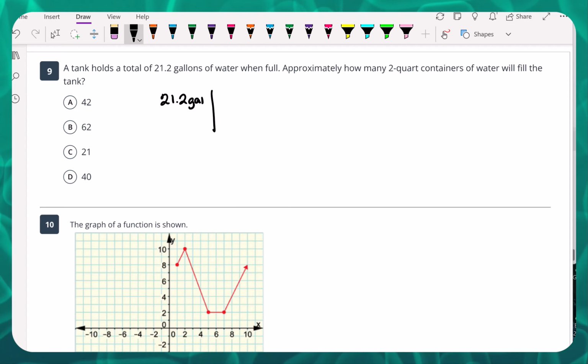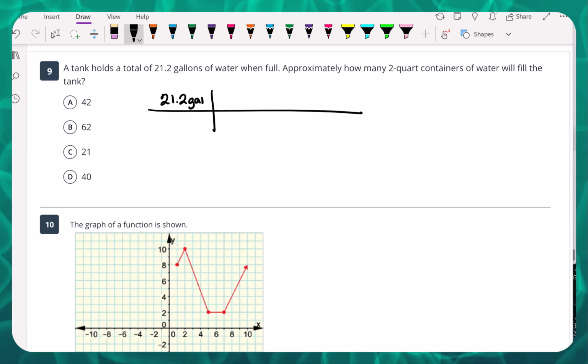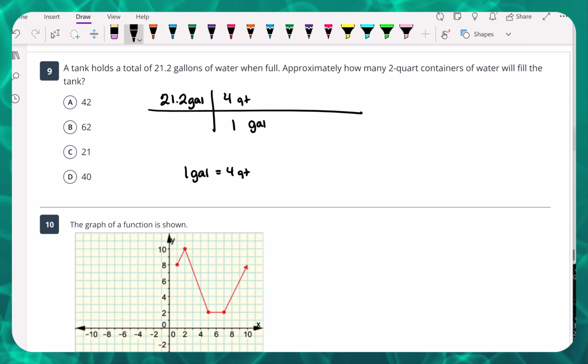I'm going to go ahead and use the T-chart to help me with this. I do know the conversion. It should be on your formula sheet that 1 gallon is equal to 4 quarts. So when you use a conversion, you have to put gallons on the opposite. So if it's on the top, you got to put it on the bottom so it'll cancel out. So I've got 1 gallon for every 4 quarts. Cool. I've got to figure out how many 2-quart containers. So that means I have 1 container